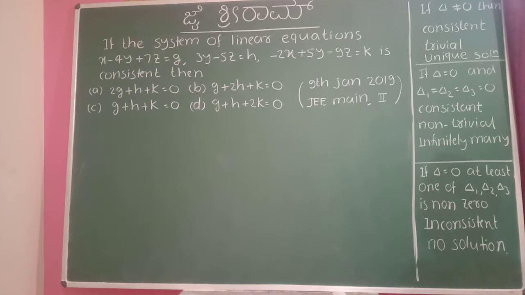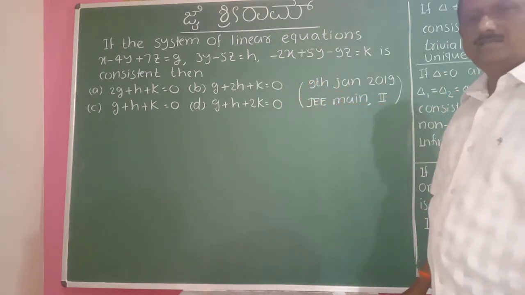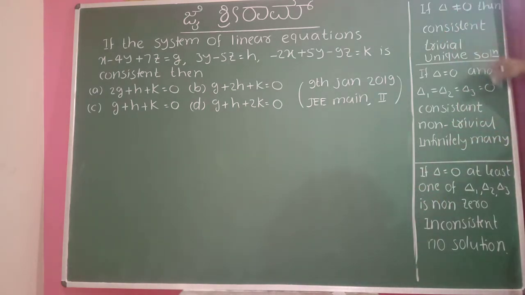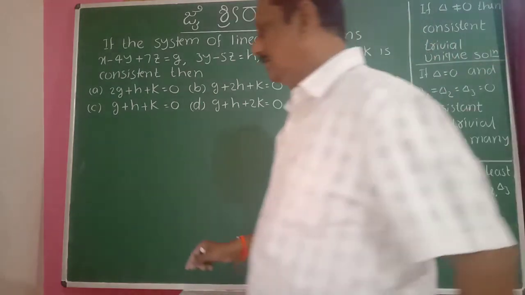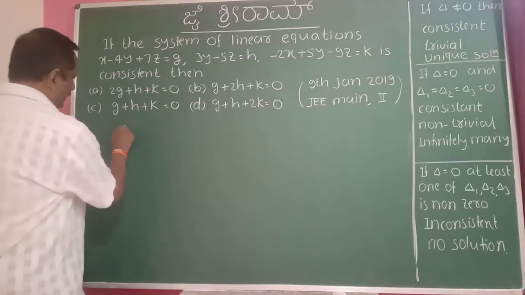Now, if the system of linear equations is consistent, which one is the correct option? If it is consistent, two cases are there. In the first case delta is not equal to 0, in the second case delta is equal to 0. Just check whether delta is equal to 0 or not. So delta is equal to